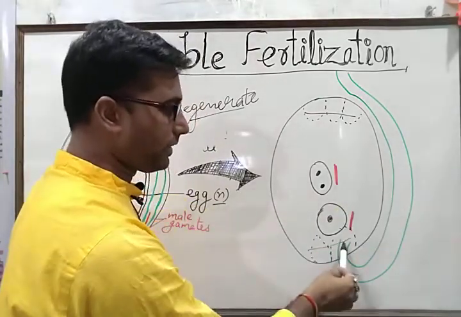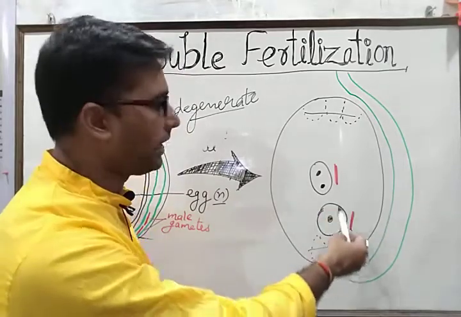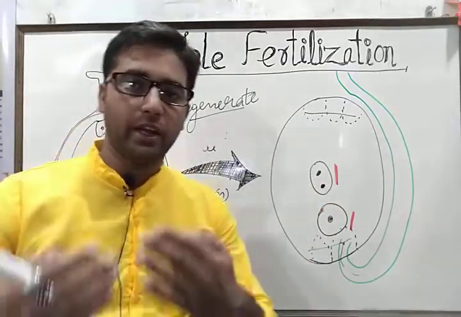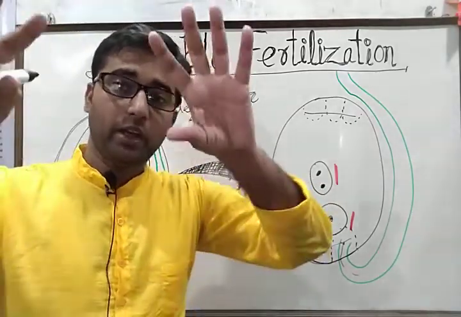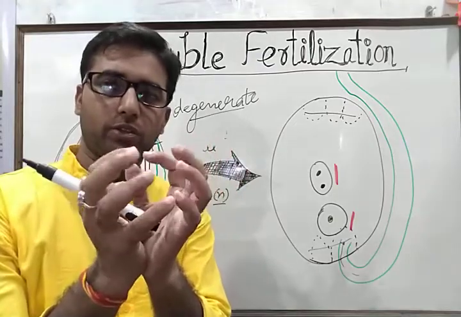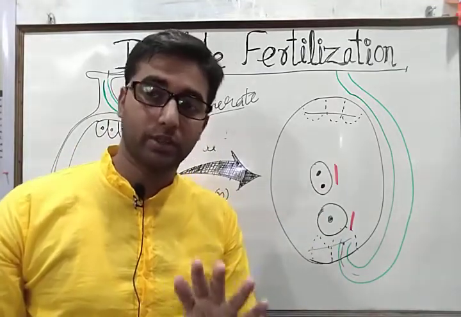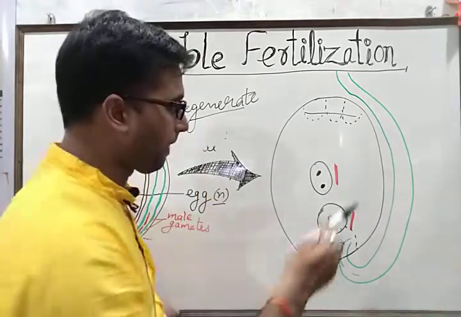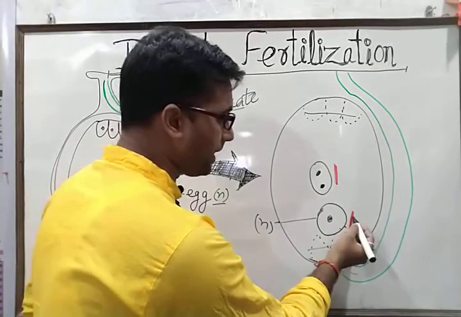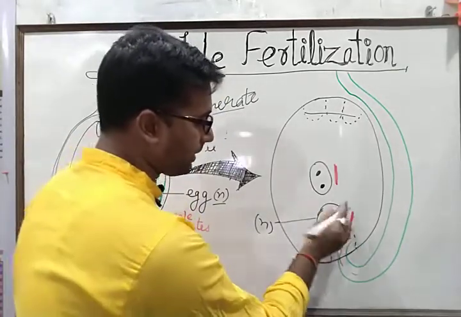Now the pollen tube enters via this, and as it releases the male gametes, the red color indicates the male gamete, the wall is completed and the tube is broken. And in most cases, after this process, flowers try to contract and shed off the non-essential parts of the flower. So this is the egg, that is the female gamete, and this is the male gamete. They fertilize together. Here the wall opens and it enters,